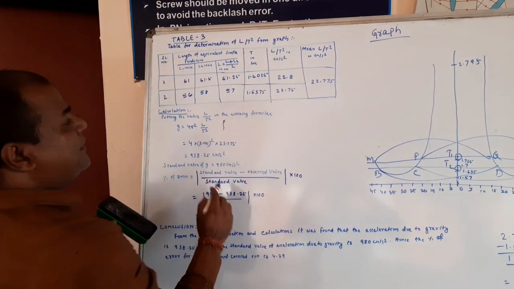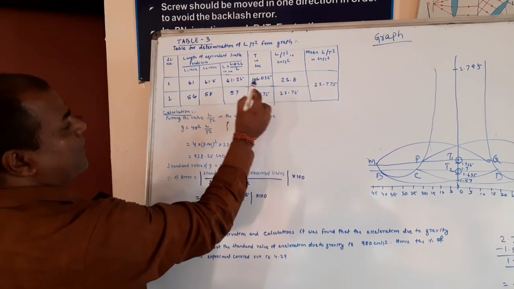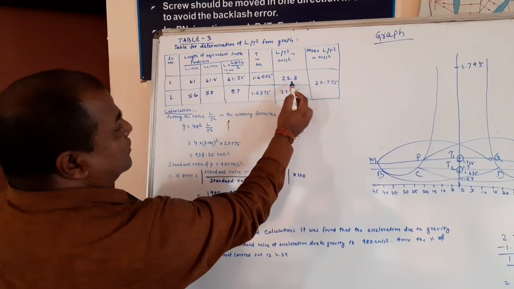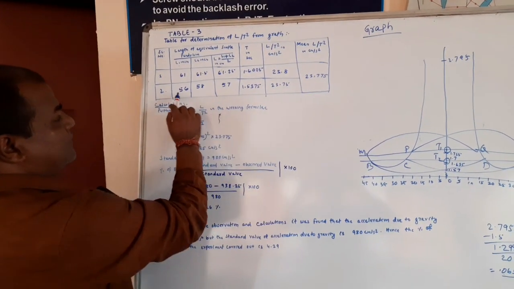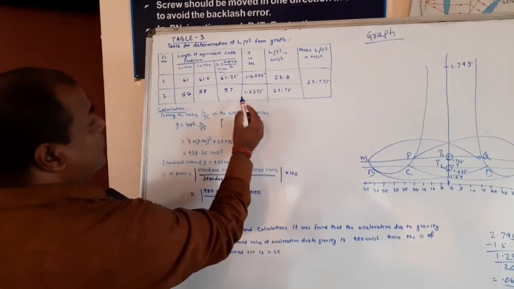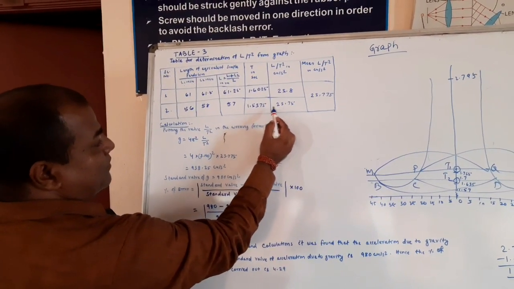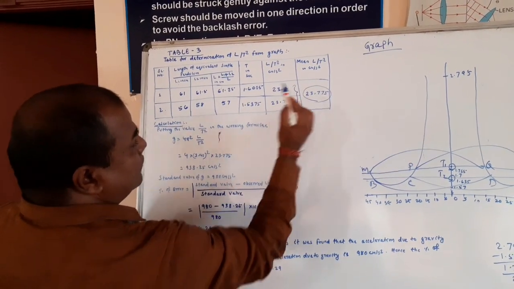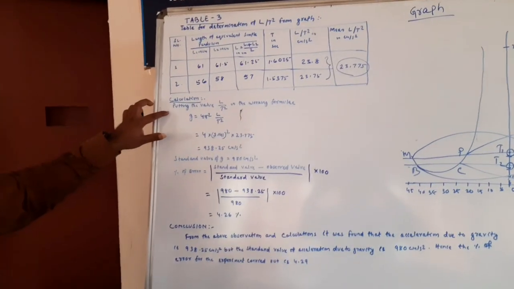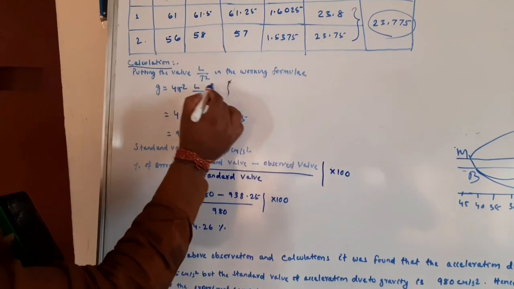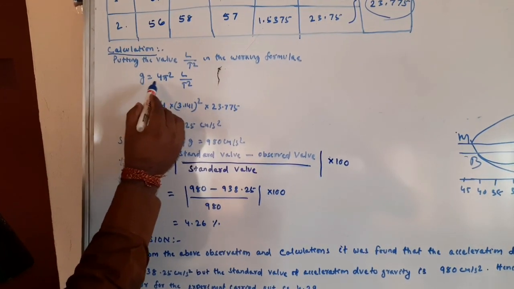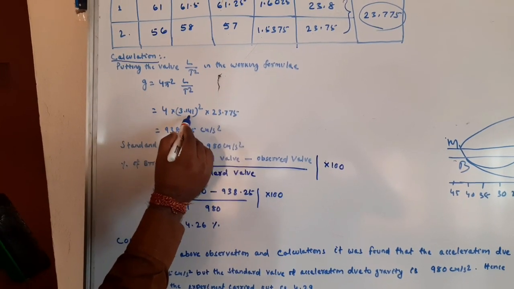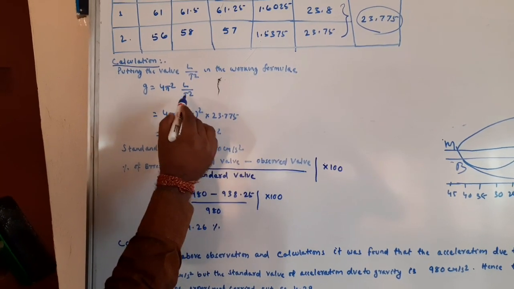Then we have to find L by T square, that is 61.25 divided by 1.6025 squared, that is 23.8. Similarly, for the second line, 57 by 1.5375 squared, that is 23.75. Then the mean of this is this value. Then in the calculation part, by putting the value of L by T square in the working formula, g is 4 pi square into L by T square, 4 into pi, that is 3.141, square, into L by T square,